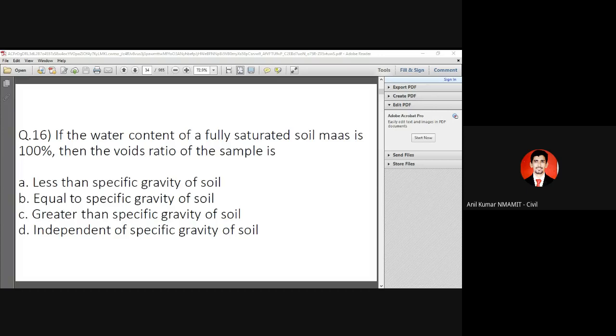The others, if you are having, then you can just note down the problem. After that, you can give me an answer. Please maintain a separate book. The important material with respect to this, I will send you, probably in the group after this class. You can refer to those notes, and also the coming class notes I'll send you. That is specially for the GATE exam. I have not put the entire thing, only what is important I have put in those notes. I'll give you those notes also.